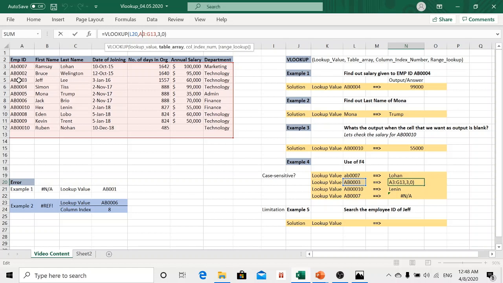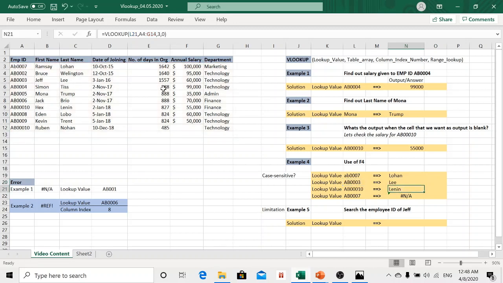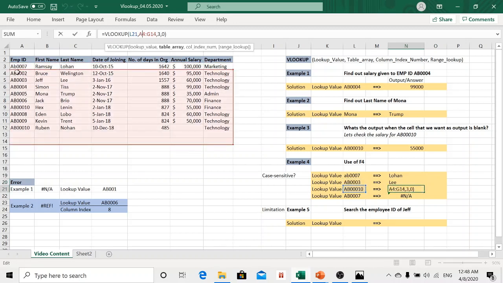AB003 is still included in this particular table array. Let's check the third lookup value. See, again in this particular case, your table array has shifted from AB007 to AB008. That means whenever you have copied this formula from the first row to the subsequent rows below it, the table array